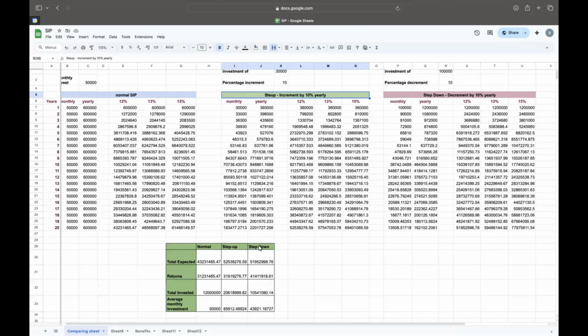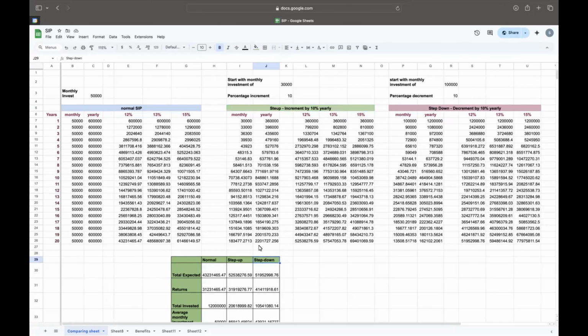By numbers, we can see that step down SIP is clearly beneficial, but there is also a use case where step up SIP is beneficial. Let's say you're a recent graduate who just started a job with a graduate level salary, and you're expecting growth over the years. Or you're a business owner who wants to reinvest your profits into your business to grow. And initially, with respect to investments, you want to keep it low. In those cases, you can start with as much as you have at this moment and keep on increasing it as your business or your salary grows.